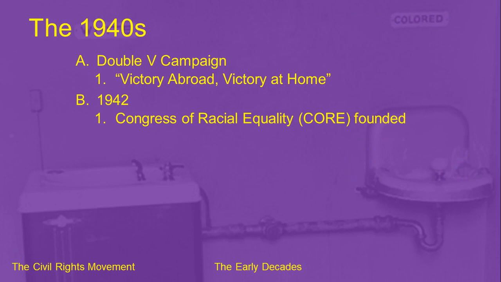In 1942, there's another organization that forms. They're called the Congress of Racial Equality, or CORE. Okay? So you have to understand, there's more than just the NAACP out there fighting for an end to segregation. CORE is going to engage in more active protest. While the NAACP is kind of working behind the scenes, organizing lawsuits and lobbying efforts, CORE is actually going to